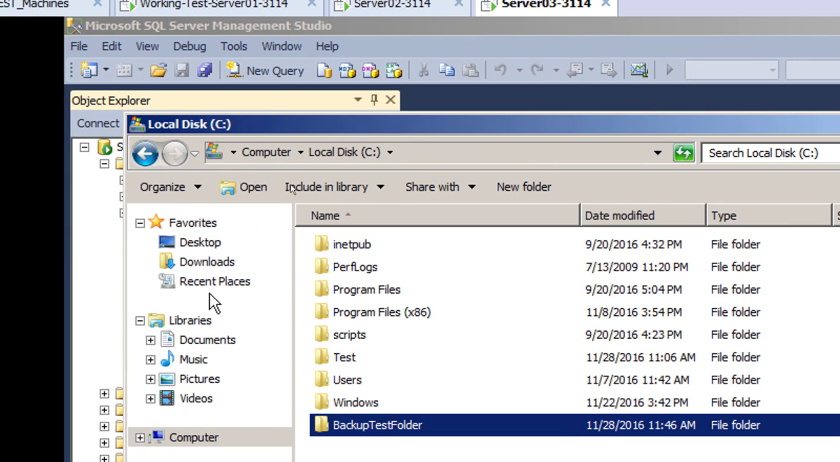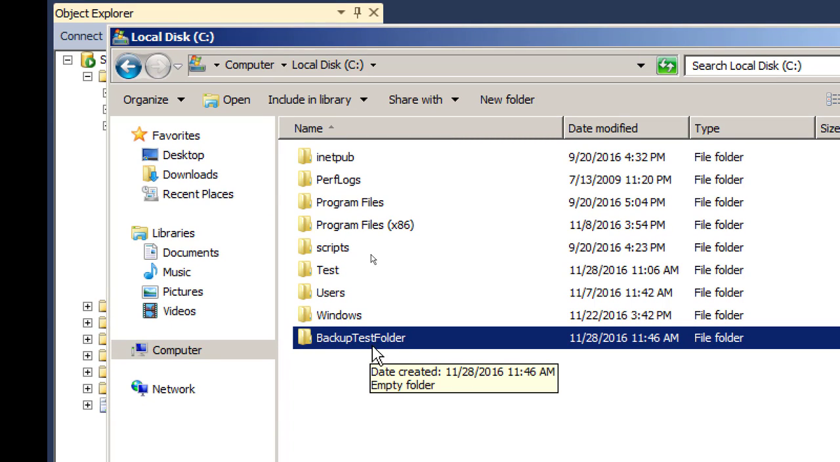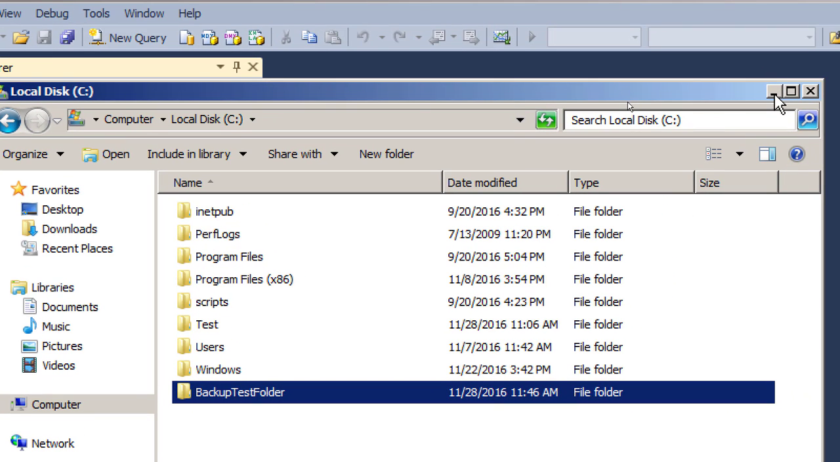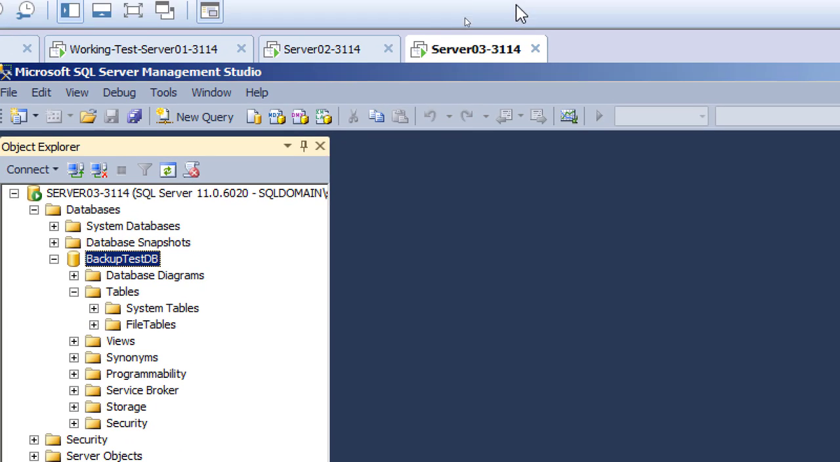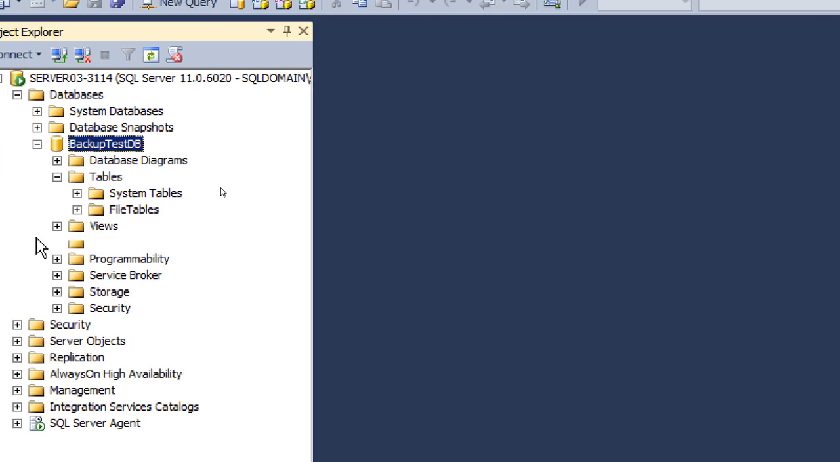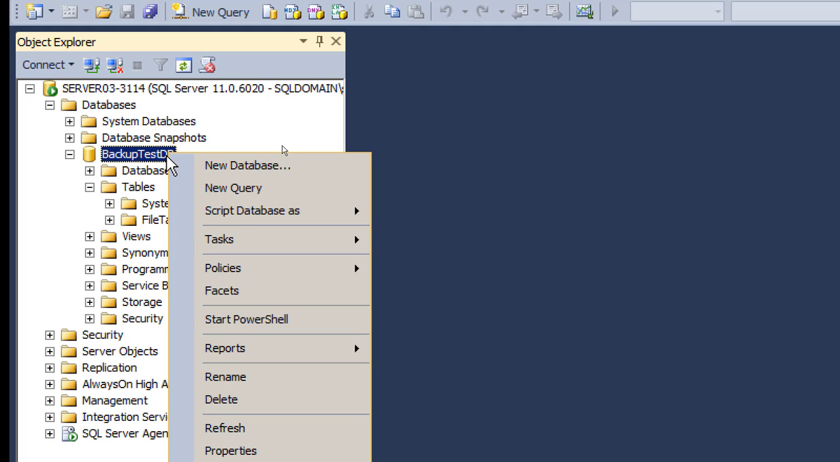Let's go back. Now we know the path here, C drive and backup test folder. This is the path for our current backup. So minimize this folder if you have created that, File Explorer, and let's go back to our SQL Server Management Studio, and then right click our database here